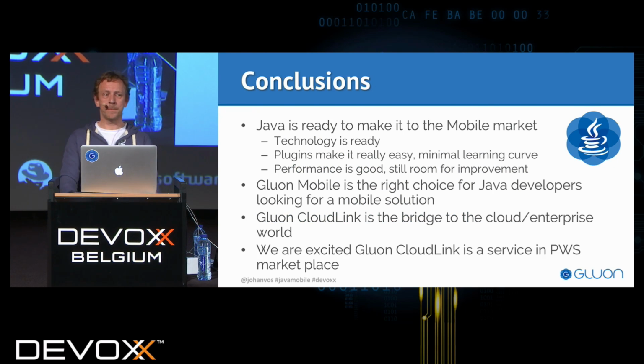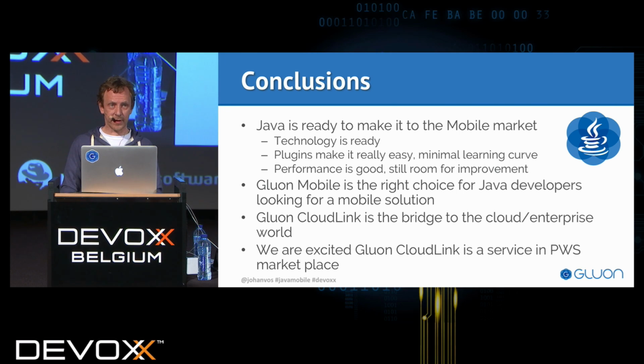So in summary, we really believe that Java is now really ready for the mobile market. The technology is there. With the plugins, it's extremely easy. Performance is already good. We are committed to make it even better. And with Gluon Mobile, it's easy for existing Java developers to create Java applications that look like native Java applications